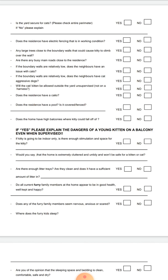Does the residence have a catio? That's definitely not a must, but if they do, that's perfect, because then any other problems that you see with perimeter security are not going to be of a concern anymore. Does the residence have a pool? Is it covered, fenced? We prefer to have the pools fenced or covered, a fence that can keep a kitty